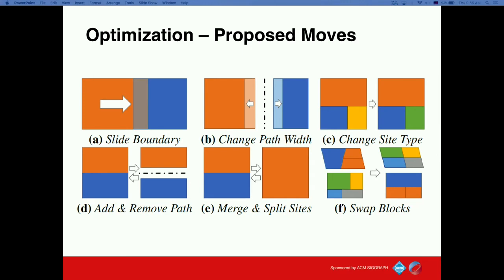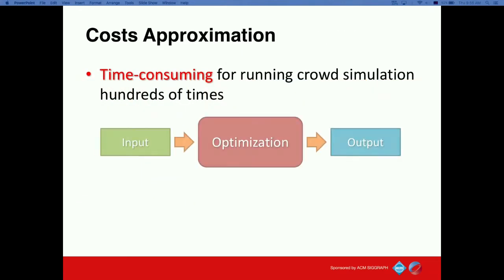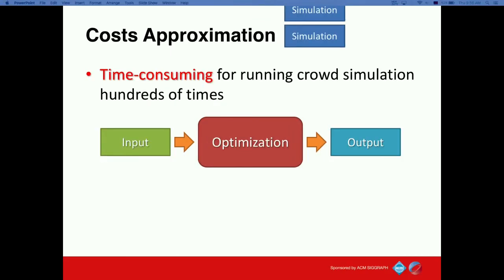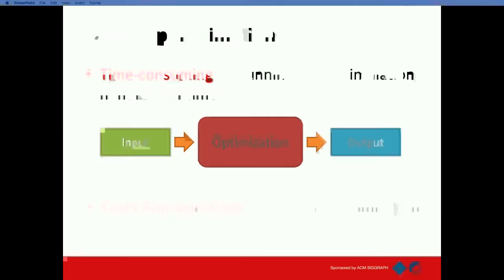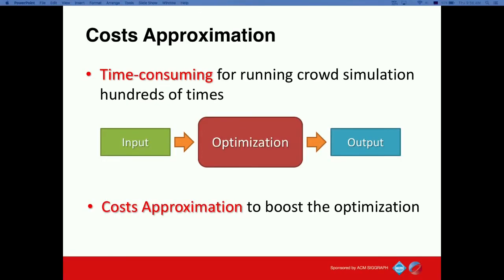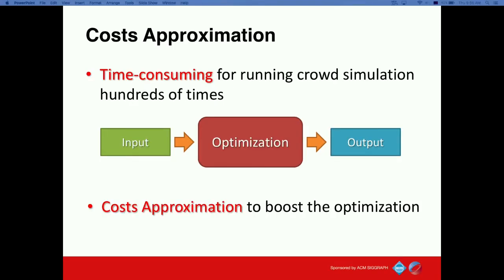Theoretically, we may finalize our approach here, but during our earlier experiments, we found the optimization process with cross-simulation could be very time-consuming. This is because cross-simulation needs to run in every iteration, while the optimization usually consists of hundreds of steps. Inspired by the ideas of previous data-driven approaches, we thought of using supervised learning to approximate agent-based costs. Specifically, we look for the relationship between the layout features and agent-based costs, and hence approximate costs using nonlinear regressors trained by data from real-world layouts.